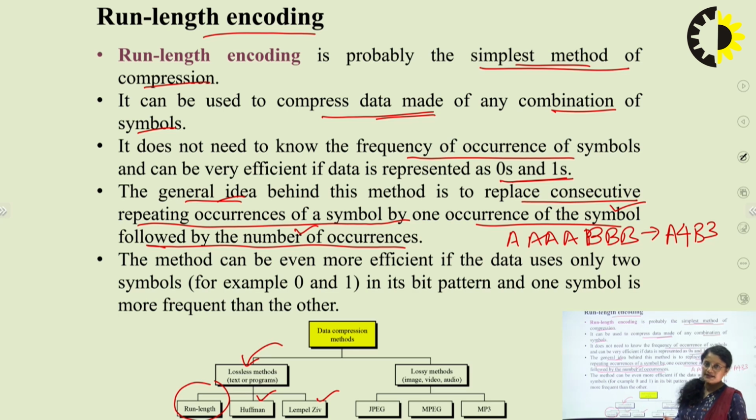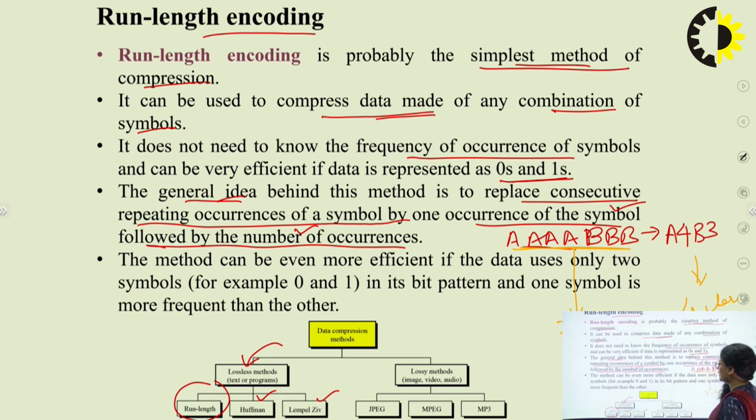The data is still the same, but the way of interpretation has now changed, at the cost of reduced data. If you look at this example, the size of the data before compression is how many characters? 1, 2, 3, 4, 5, 6, 7. We have 7 characters before compression, and after compression we have 4 characters. So we have just changed our perspective of looking at things.